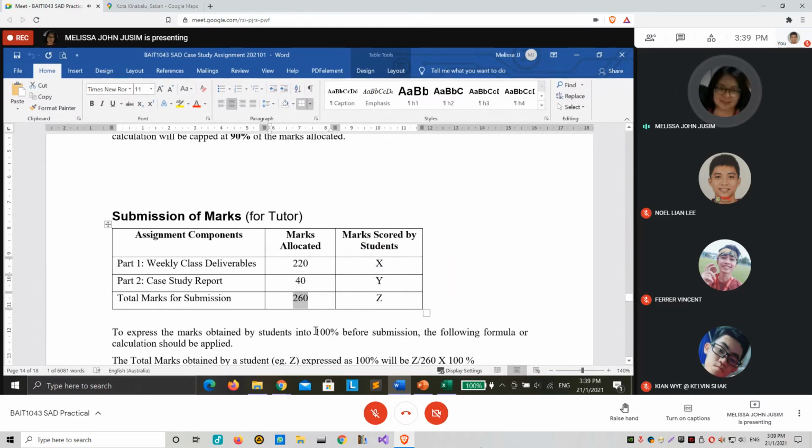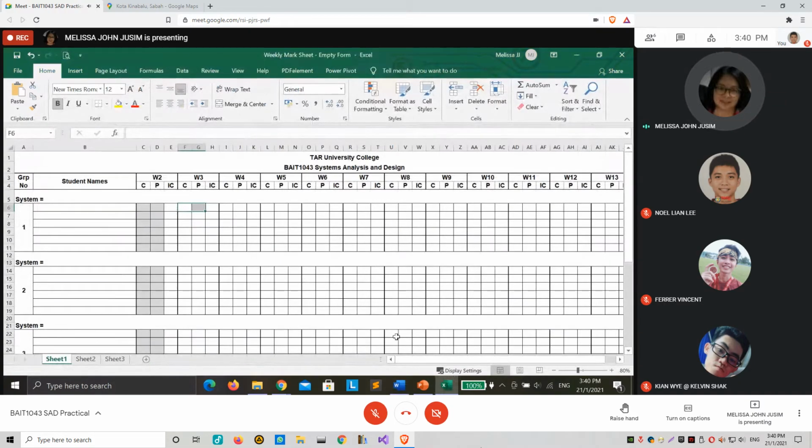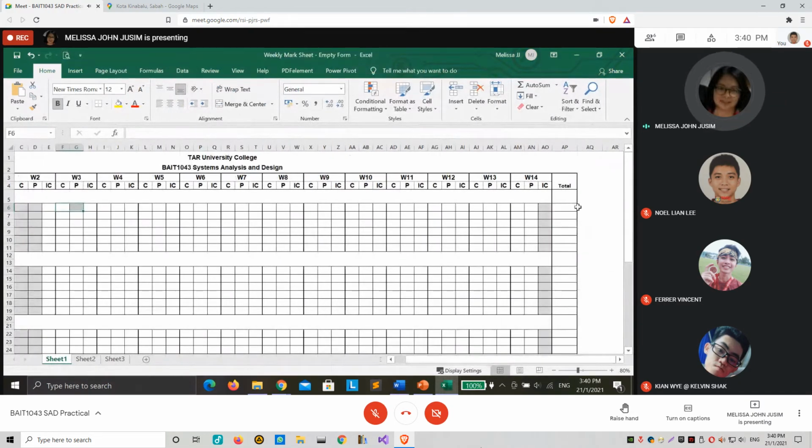Therefore, as long as the final report is in a professional layout, easy to read, and complete, then you should be getting high marks. But make sure you do the correction. Every week you do the correction, so you just compile. So total marks is 260, and the weekly deliverables total will be 220. So from here to here, total is over 220.